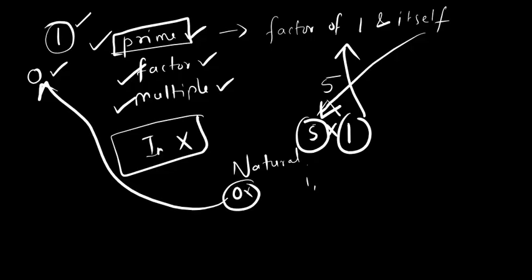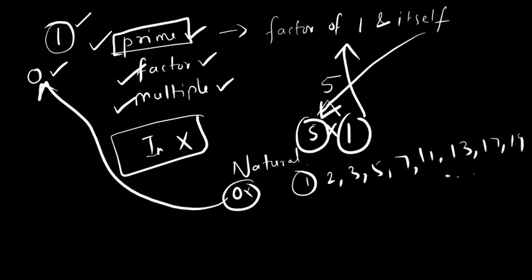So among 1, 2, 3, and so on, 1 is neither prime nor composite; 2, 3, 5, 7, 11, 13, 17, 19, and so on are all prime numbers. There are other prime numbers also. Those are all prime numbers, and the rest are all composite numbers. Okay. Now the first topic we are going to enter is prime